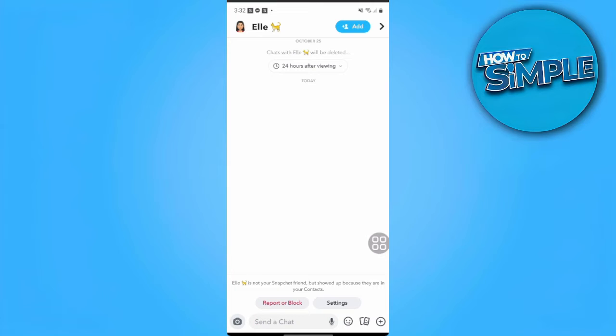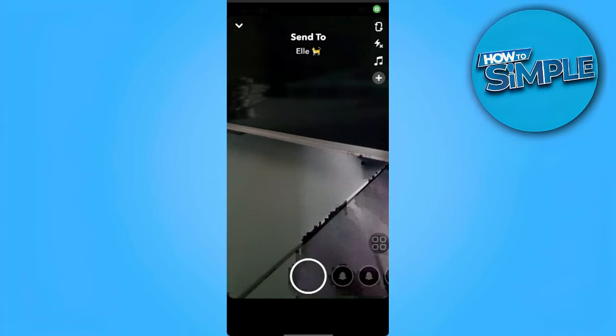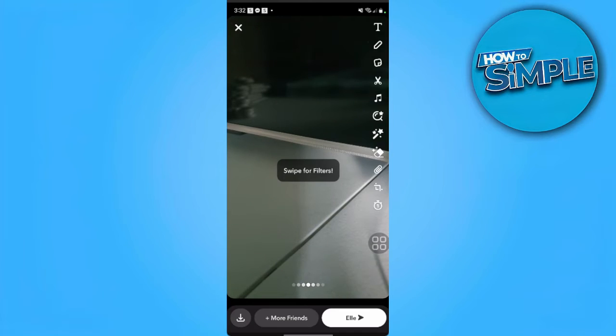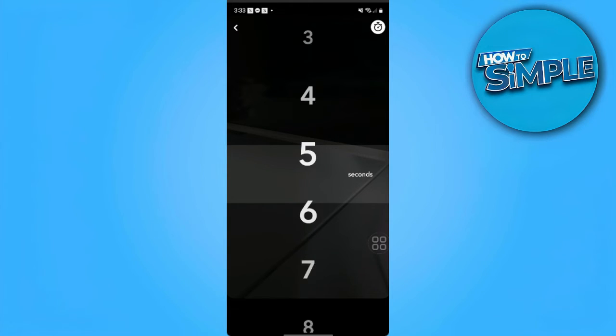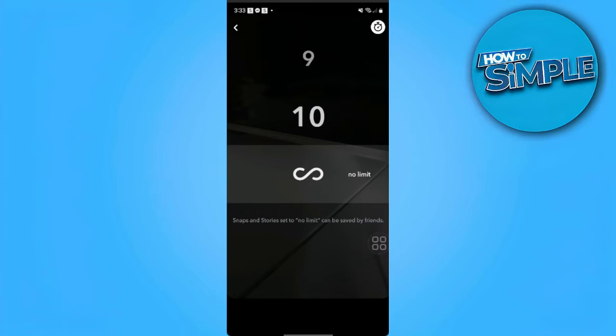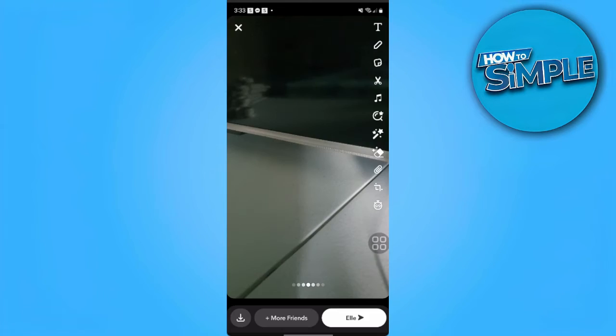message to your friend, so for example, let's try to send a photo message. What you want to make sure of is to set the timer to no limit. This is the first thing you want to make sure of: to send this with no limit. And if it doesn't show, if it doesn't fix your problem, what you want to do is to clear the cache